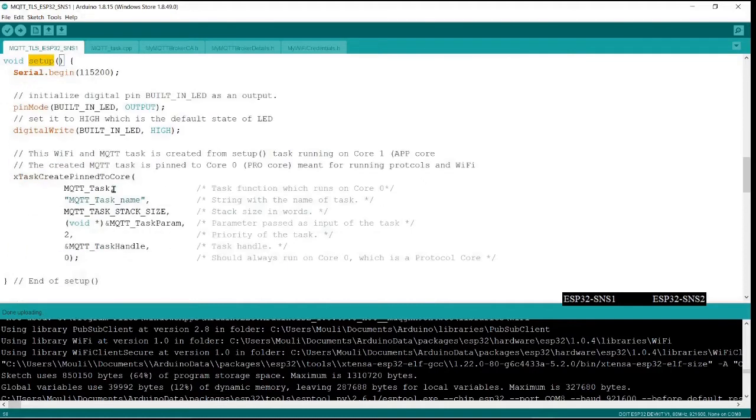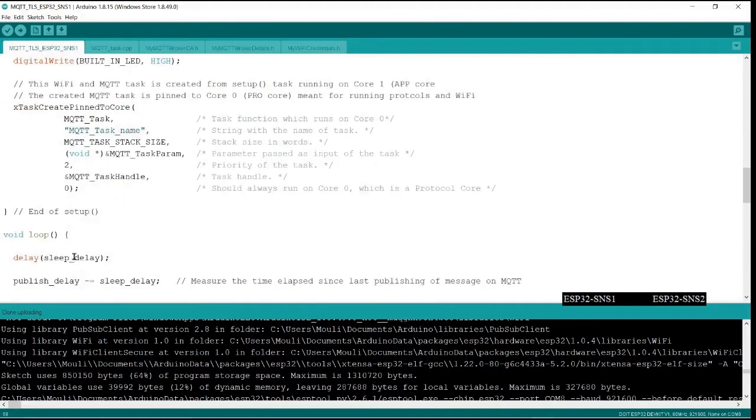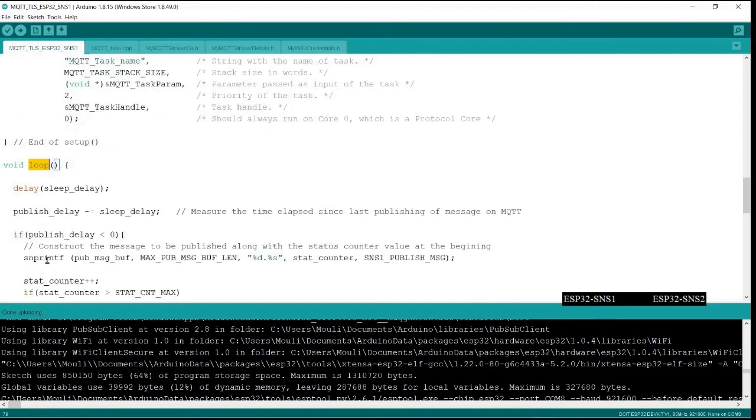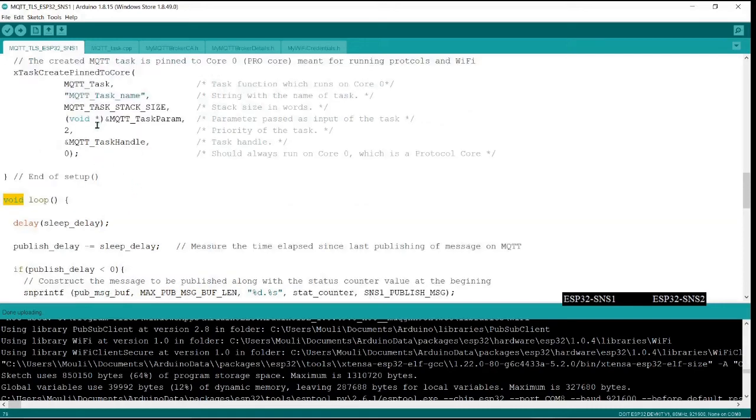After the setup is completed, internally it calls this loop function repeatedly. It is going to call this loop function multiple times in a for loop. So you can assume that after the setup is done, it will be only in this loop. This task which is running on core 1, the main task, as you can call it, is going to be only within the loop. You can rest assured, unless you create another task from here and go somewhere. Whereas the task which is created is running on a different core, core 0.